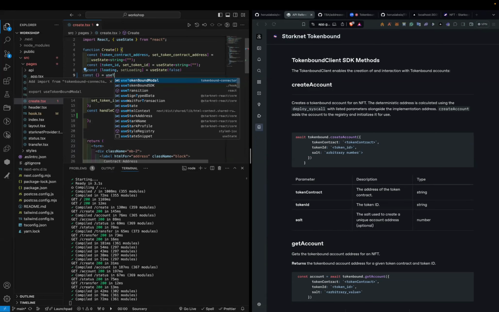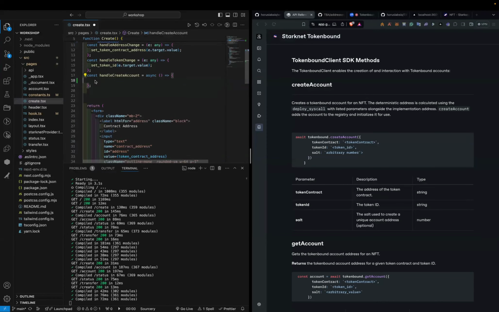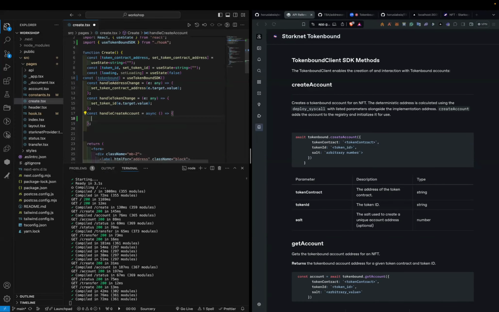Use token bound SDK. Yeah, so now that we have this instance